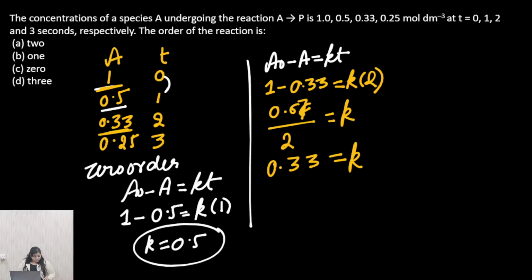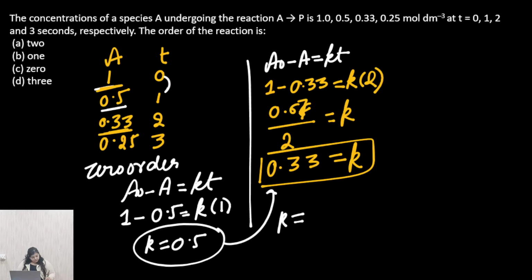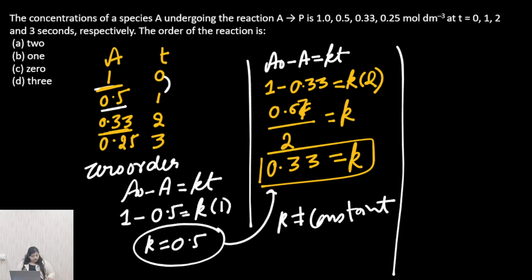So the first time the rate constant we are getting is 0.5 and the second time it is 0.33. So the K value is not coming out to be constant. That means the reaction is not following zero order kinetics. So now after that we check it for second order kinetics,